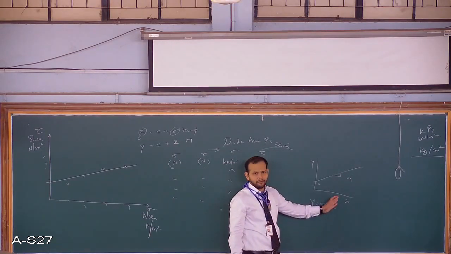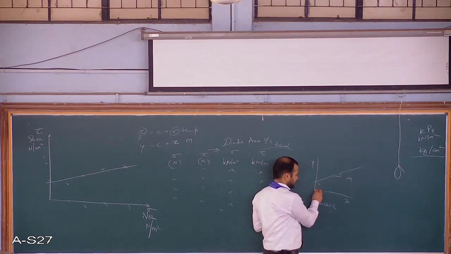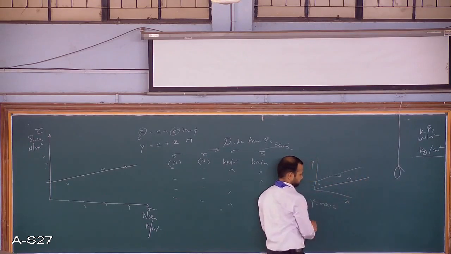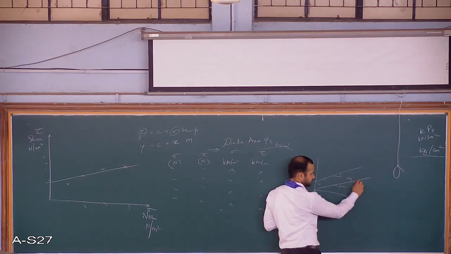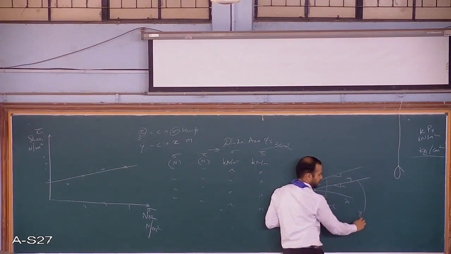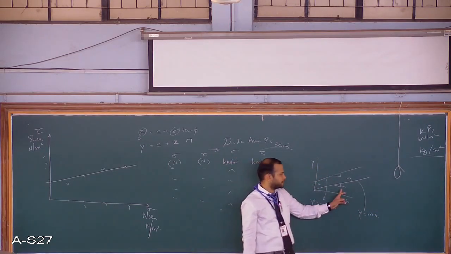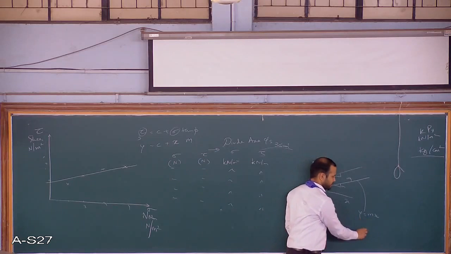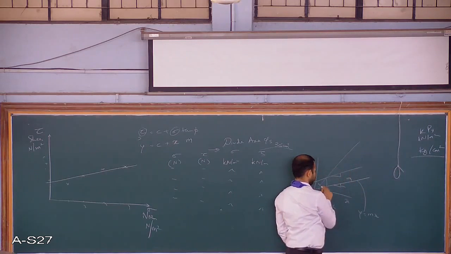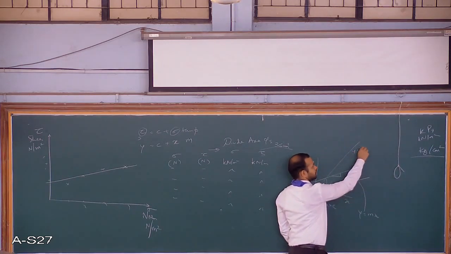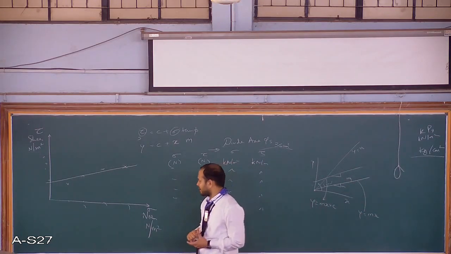If c is not here, how will be the line? So c will be 0. So this line will start from this point. So what is the equation of this line? y equals mx. If slope is 1:1, then the value of m is 1, so y equals x. So this will be a 45 degrees line. m is equal to 1. So this is all the basics of the graphs and lines.